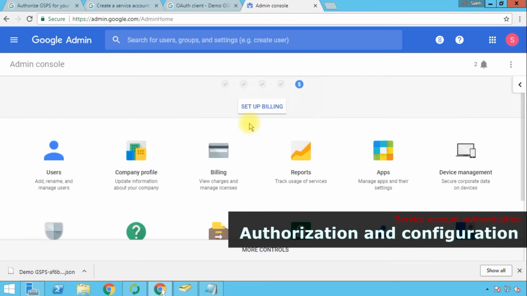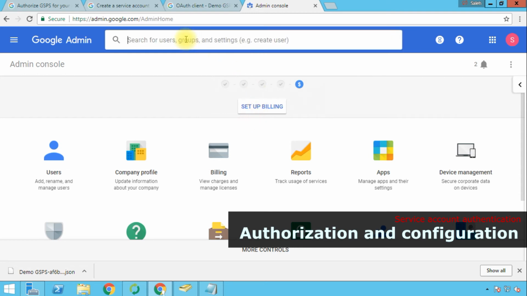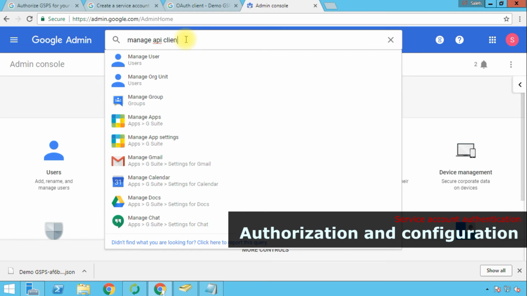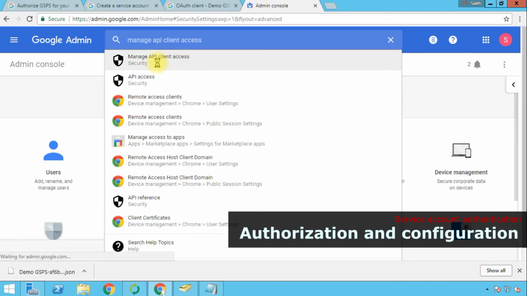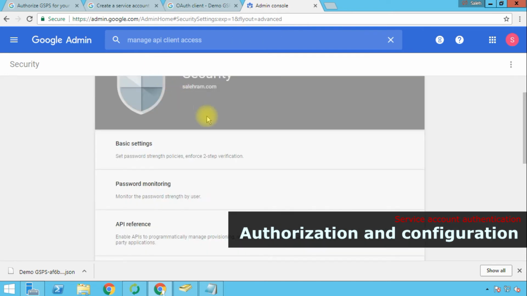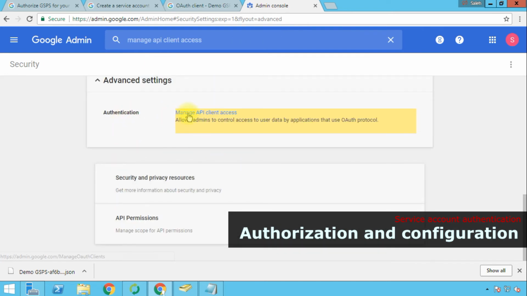And once you are in the dashboard for the admin console, you can immediately type in the search manage API client access, and you will be presented with the result. When you click it, you will be redirected to the security page, and one option is highlighted for you. So we need to go to this page,